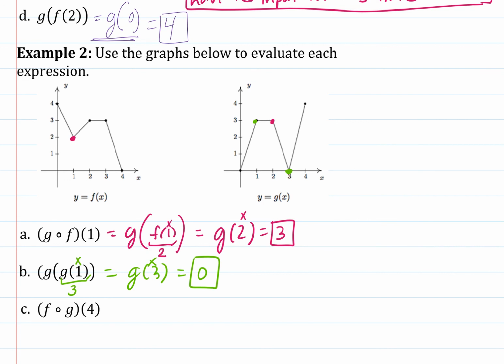And finally, f of g of 4. We want to find g of 4, which is 4. So f of 4 is